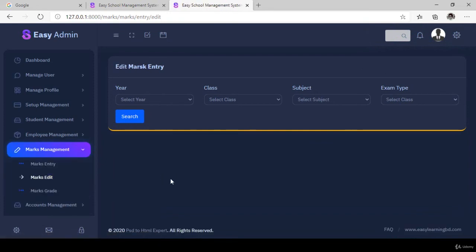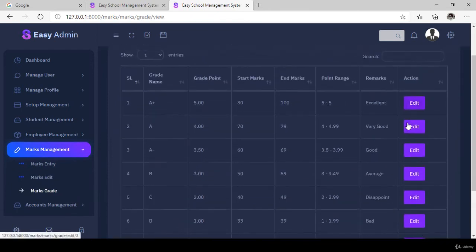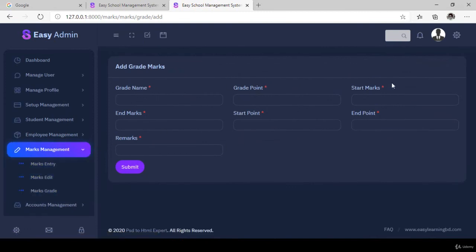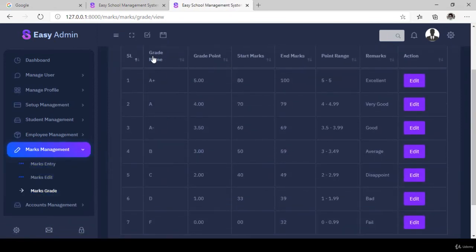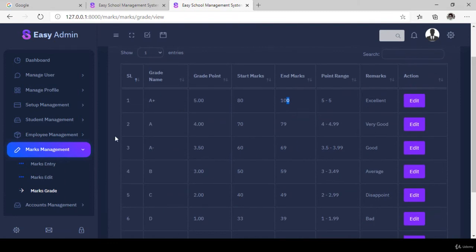If you want to edit it, you can also edit the student mark from this position. And then the marks grade. That means if you want to add a mark grade, that is the edit option. If you want to add a grade, that is our grade option. That means the grade name, grade point, the start mark. So everything is interconnected, friend. You can see all our interconnected data: A plus, A minus, B, C, D, and F. Then also the grade point, the start point, the end point, everything you can manage from this